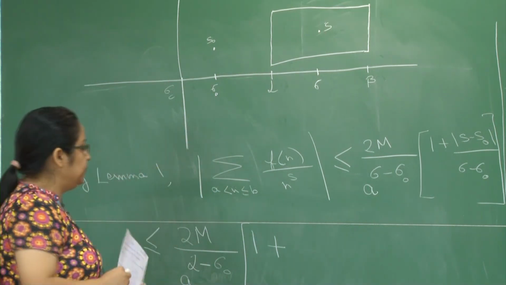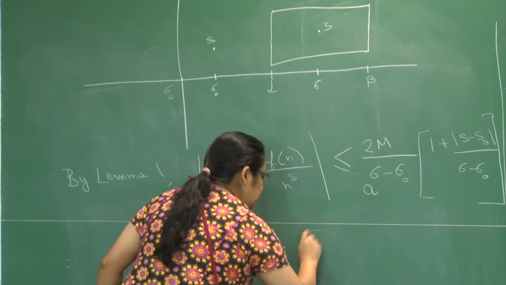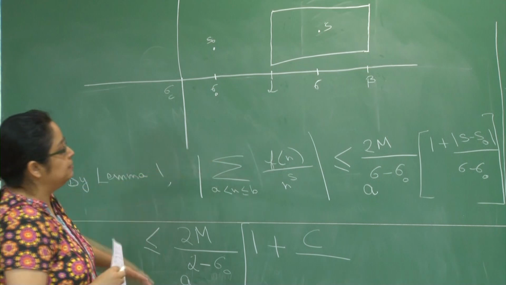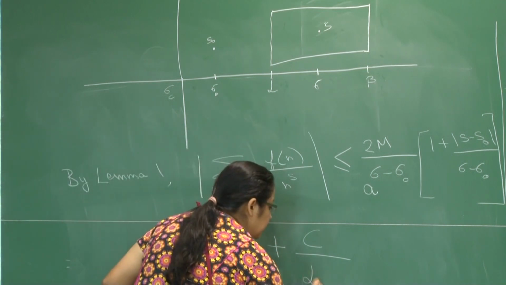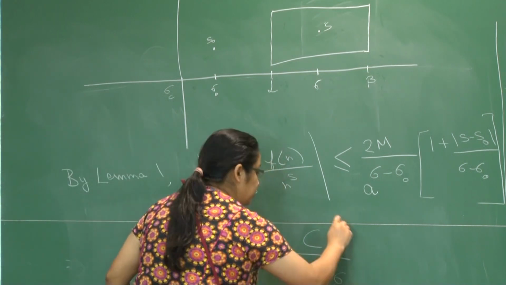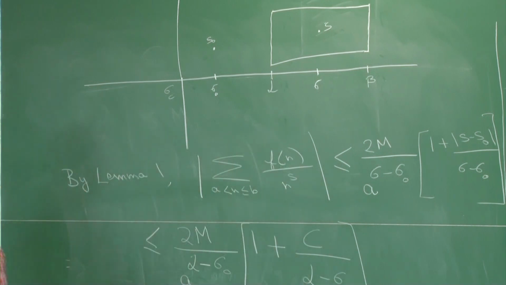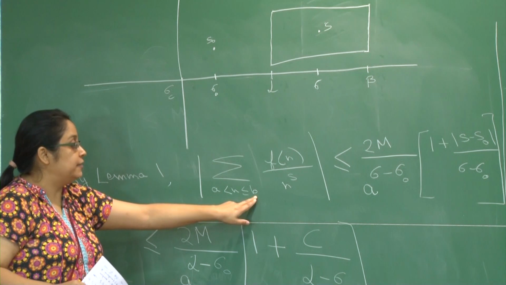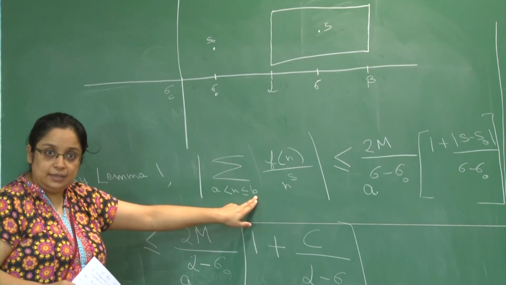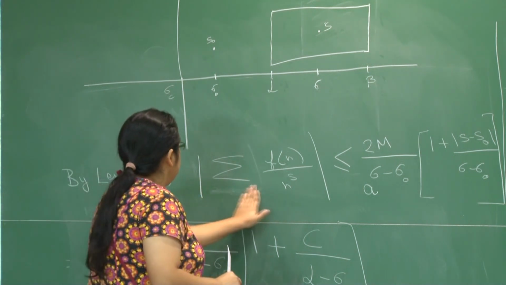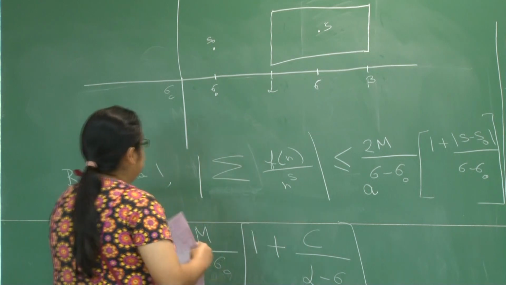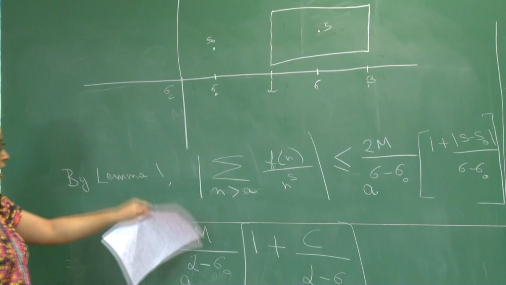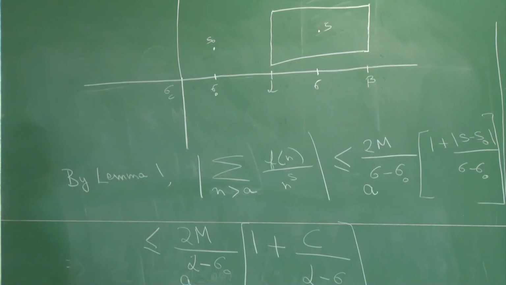Let's call it C. So C over, and again for sigma minus sigma 0, we can bound it above by alpha minus sigma 0. Also, this bound, as we just saw, does not depend on the right hand limit at all. Okay, so for any n greater than a, you have this bound,